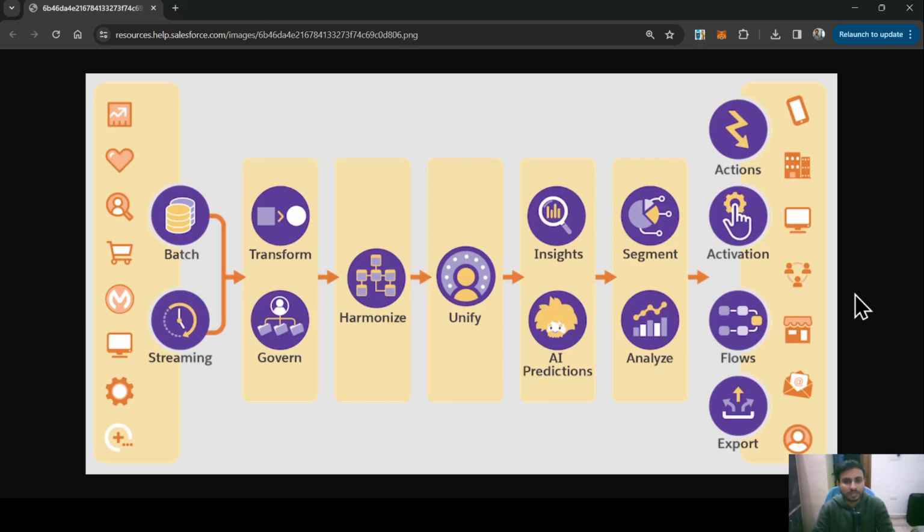Welcome to Salesforce. In this video, we are going to talk about what is Data Cloud and how it works. First of all, let's understand what is Data Cloud. It is a tool that allows you to ingest, harmonize, unify, segment and activate your data. Now let's understand how all of these steps work and what are the features that Data Cloud provides to do